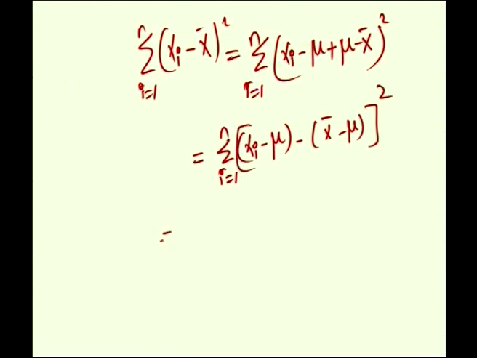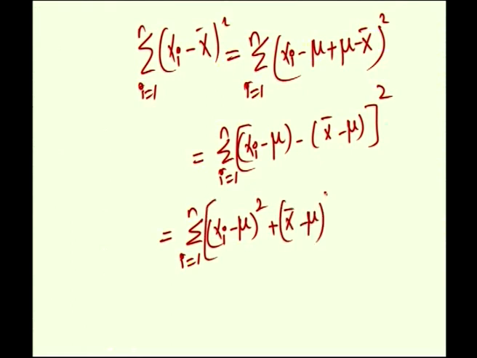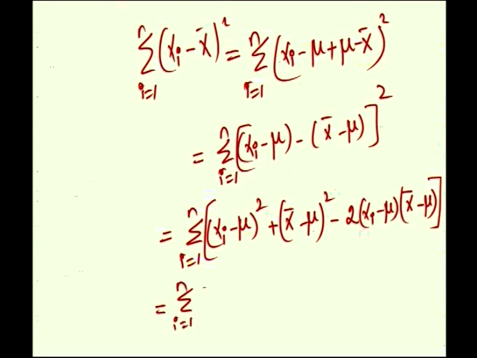Use a minus b whole square formula. So, summation i is equal to 1 to n, xi minus mu whole square plus x bar minus mu whole square minus 2 into xi minus mu into x bar minus mu. Okay. This is equal to summation i is equal to 1 to n xi minus mu whole square plus